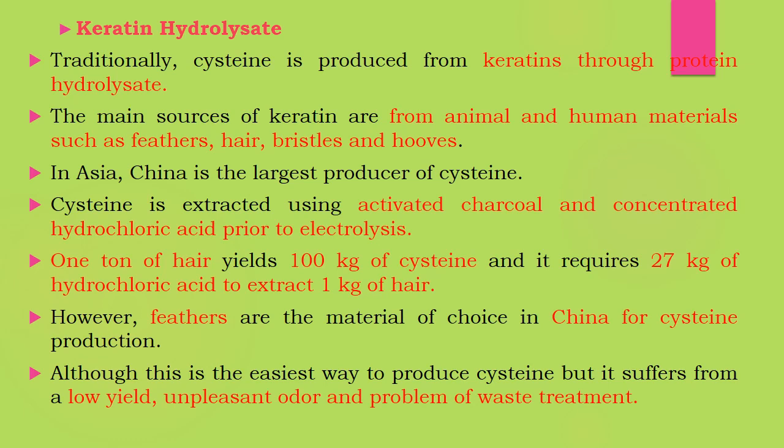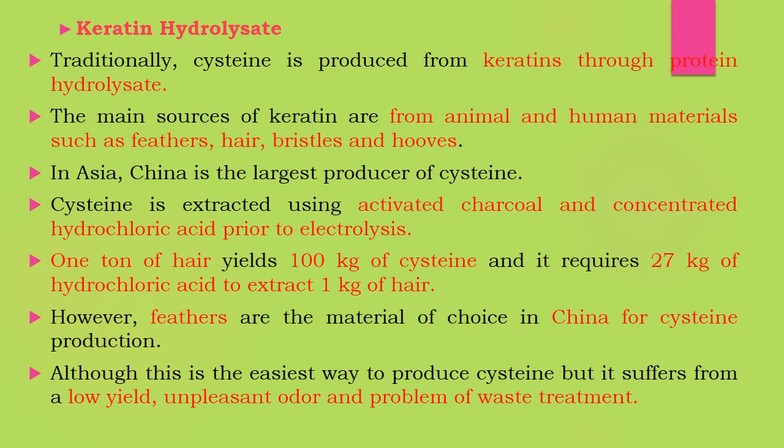But for the commercialized production or demand of cysteine, they can get only 100 kgs of cysteine from 1 ton of hair. So for that reason, they went for many alternative methods like bioconversion or a fermentation process. Okay, so we can see